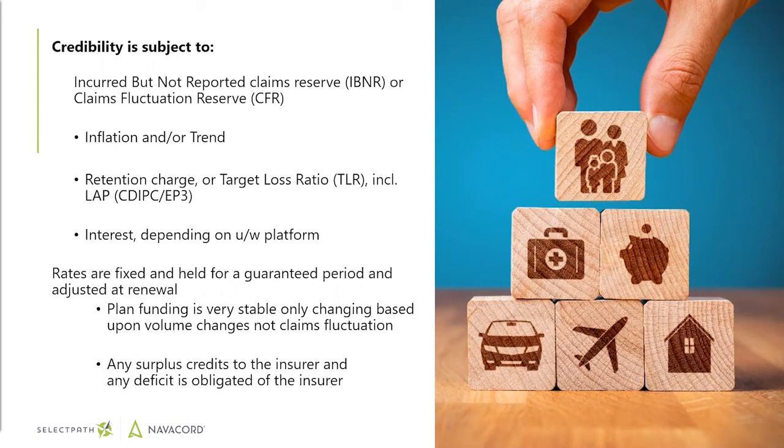ASO stop loss does not have that function. ASO is exempt. It's not an insured contract. ASO is exempt from CDIPSI and EP3, and therefore your stop loss that you're paying for on your ASO program is going to be paying the full brunt of any large claim that's ongoing for quite some time, so long as it's ongoing, and it does not have a mechanism to subrogate any cost over the $50,000 threshold to that